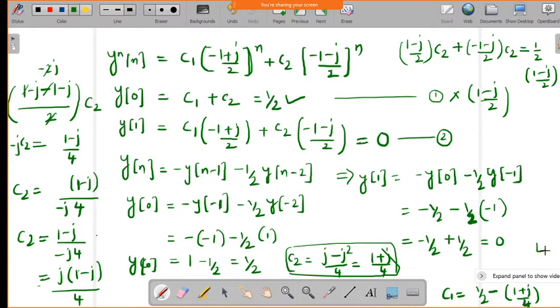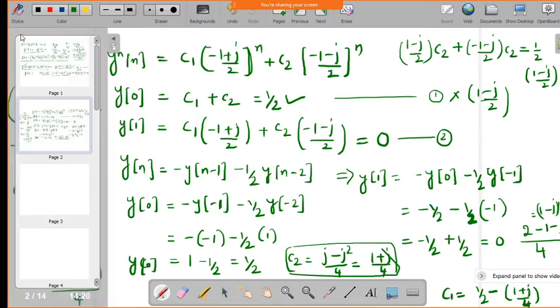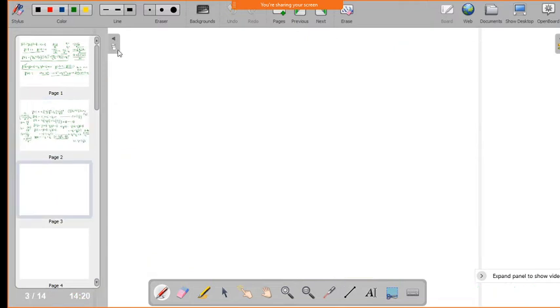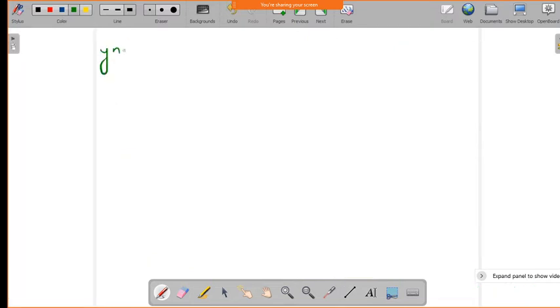Now take the LCM 4 and you will get 2 minus 1 minus j, which is equal to 1 minus j divided by 4. So the value of C1 is 1 minus j by 4. Now write the final solution, which is y of n equal to